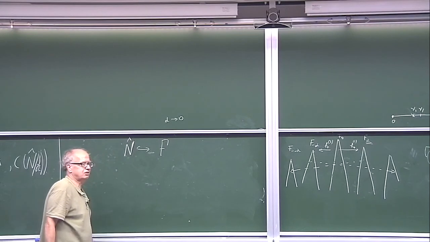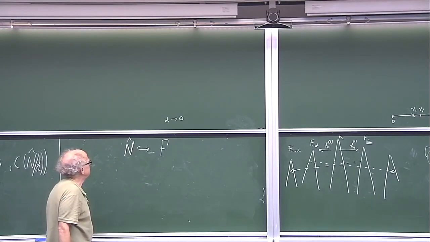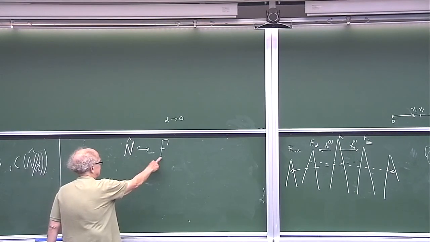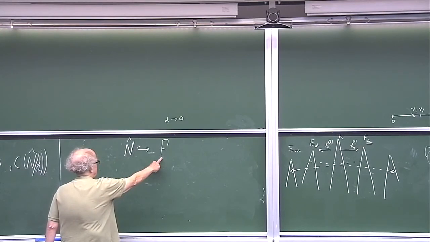And so if it is a part of a flag manifold, it means that on N we have the